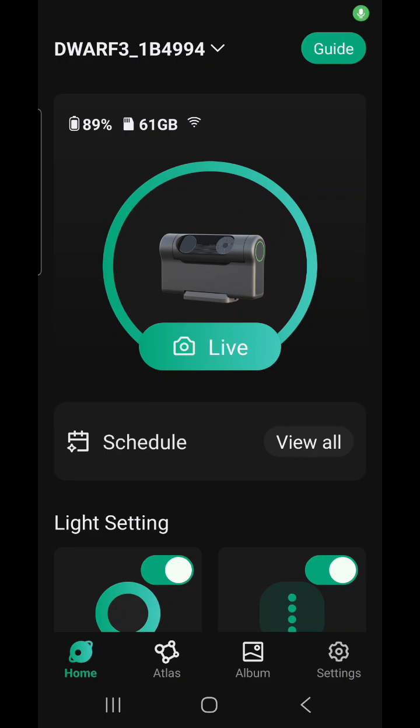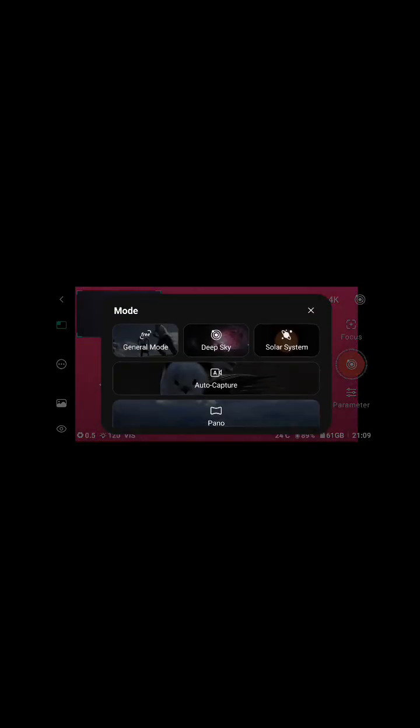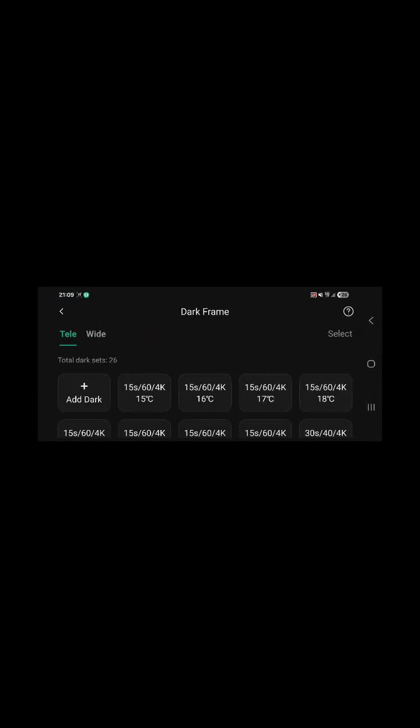Okay, so once you've logged into your Dwarf Lab app, go to your live section, and once you're in the live feed area, you want to make sure you're on Atlas or Deep Sky mode. Up in the top right corner, I can click in here and make sure you're in the Deep Sky mode, which I'm already in. Now on the left hand side, you've got the circle with the 3 dots. If I click that, you'll notice on the right hand side you've got your darks option comes up. So if I click darks,